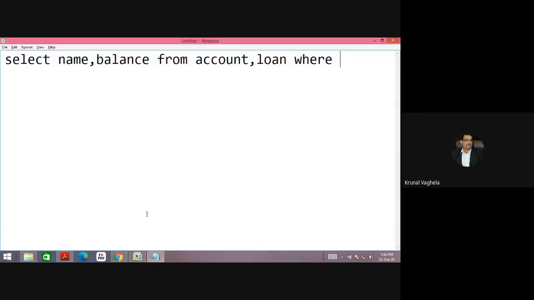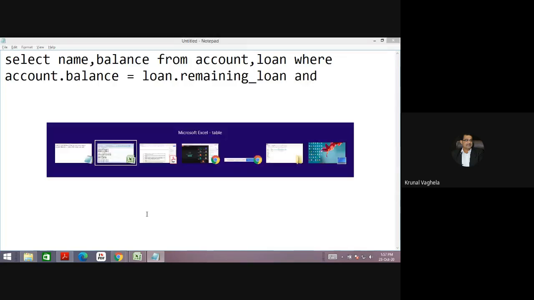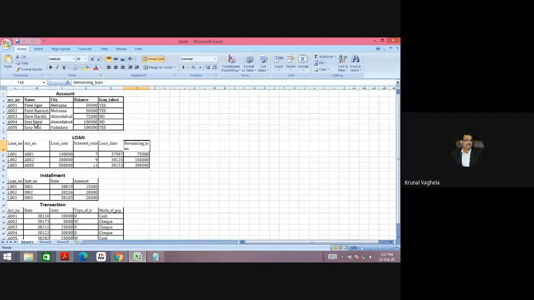So where I need to specify the table also: where account dot balance is equal to loan dot remaining underscore loan. And I need to compare these two because it is a join operation. All account holders are not having loans. Only A001, 2 and 5 are having loans.